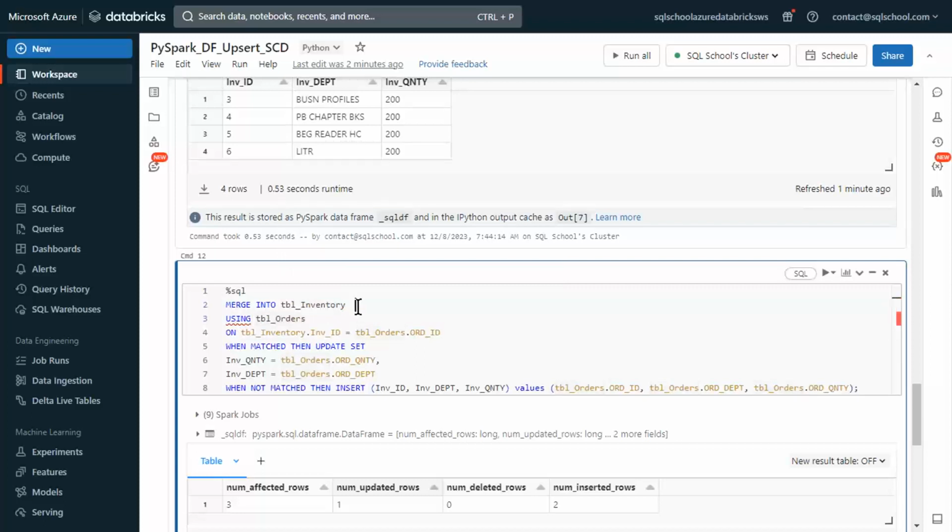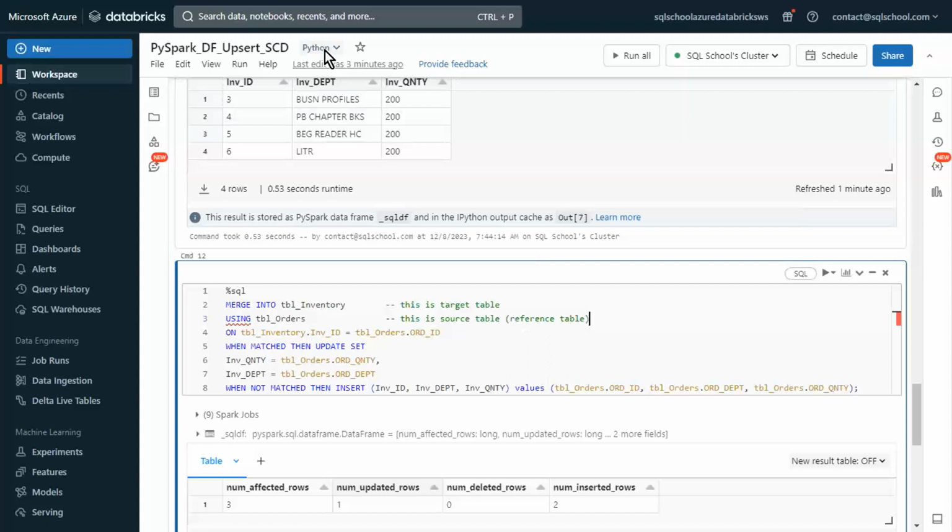Remember, this is the target table. And this one is the source table, like this. Source table is also called the reference table. Remember,